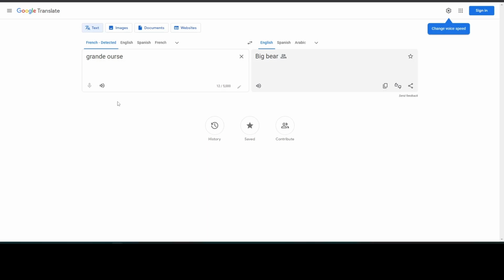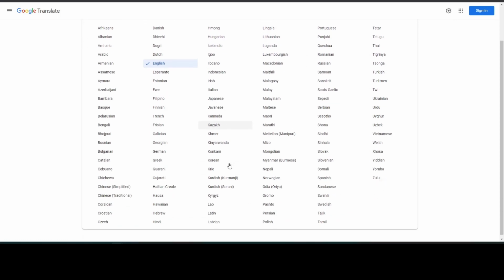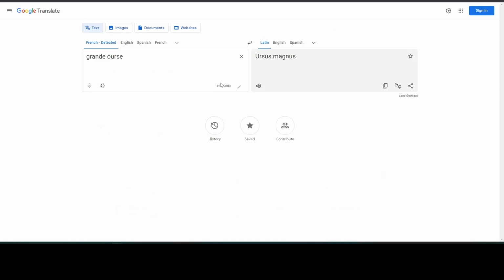Grand ours in French, which in English is big bear. It wanted it in Latin, though, which translates into Ursus Magnus. Ursus Magnus.